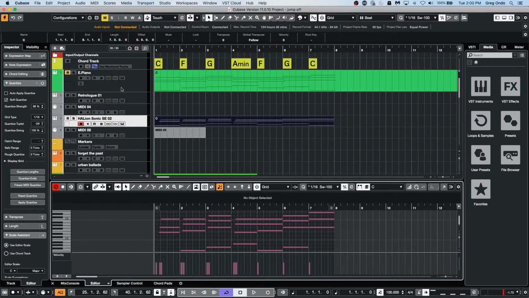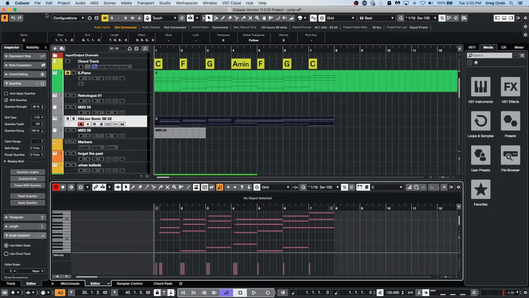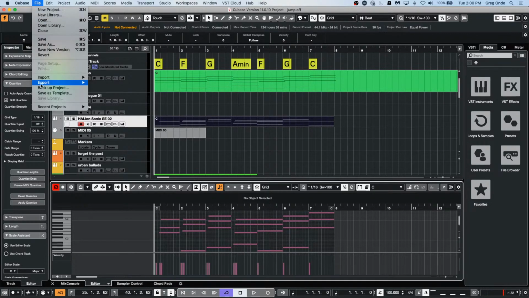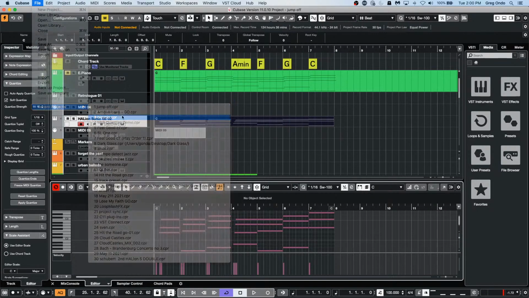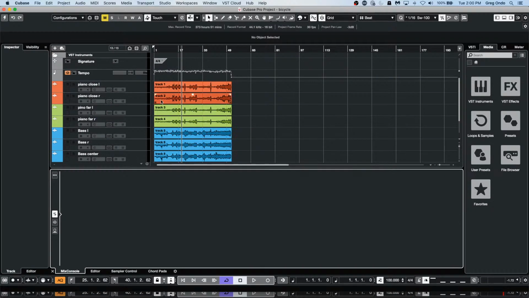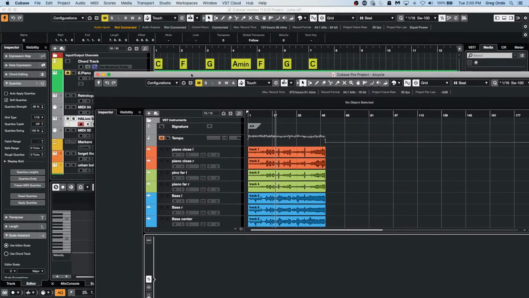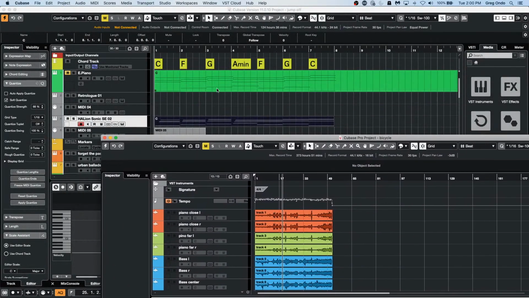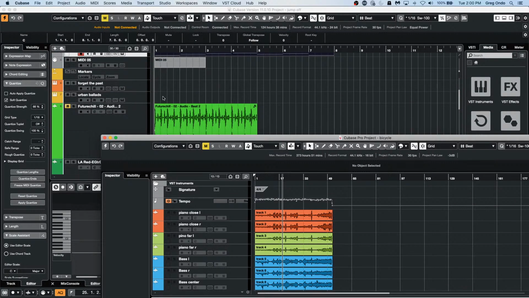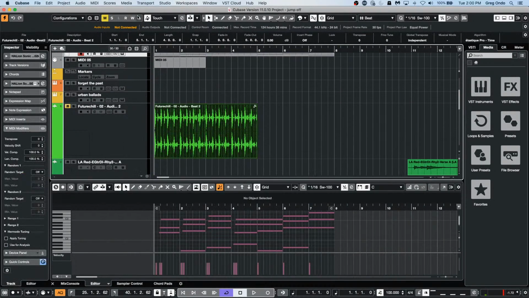Once you have a template set up, if you have a project that's just audio files all over the place, and I have a template that's set up like this, what you could do is take everything that's just a mess here,